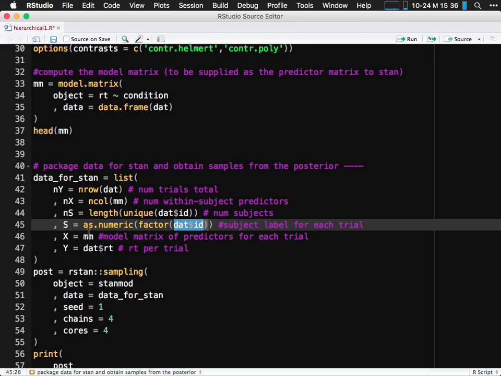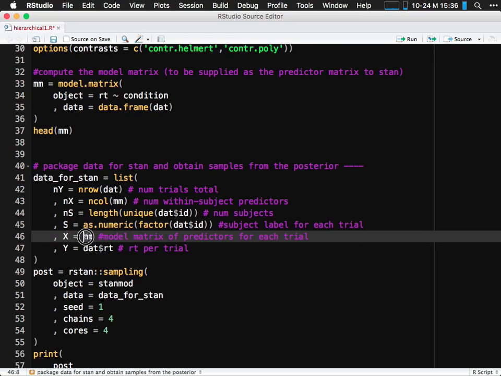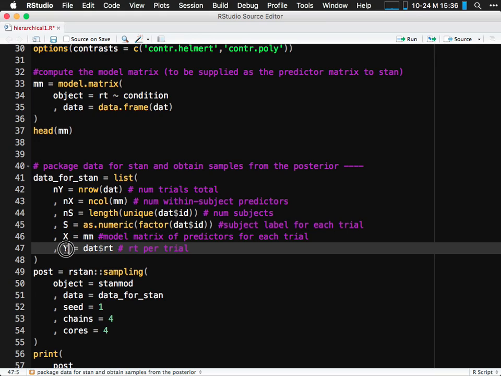So that'll give us our unique but sequential subject numbers, no matter what is in this column. I should have had that in there for you guys ahead of time. X is our model matrix that we just created. And Y is, of course,